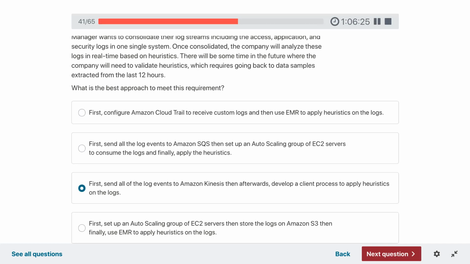Now CloudTrail would of course get the log, but it is not real time. It sometimes takes 15 minutes.